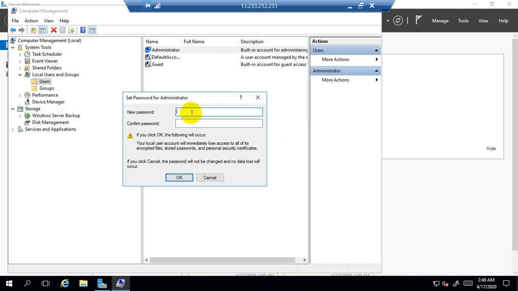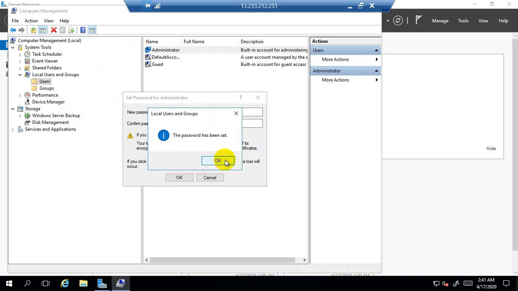Administrator is a user account. So here I will enter the new password, capital PASSWORD @123, and confirm with the same password, capital PASSWORD @123. Click on OK.